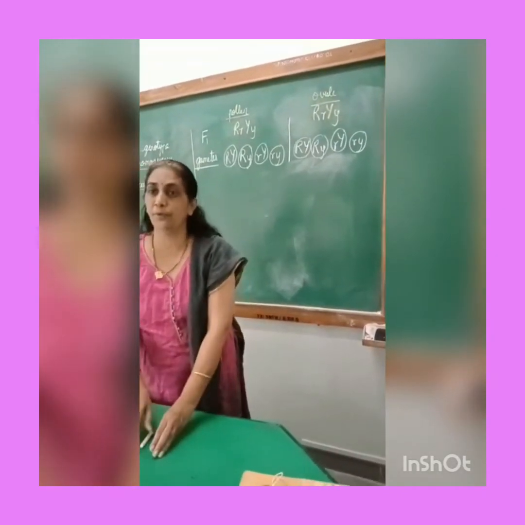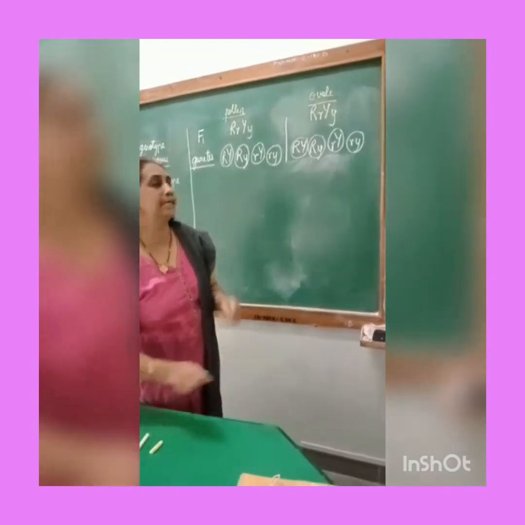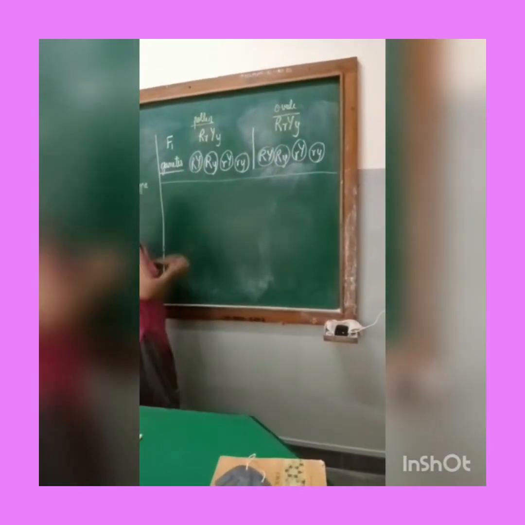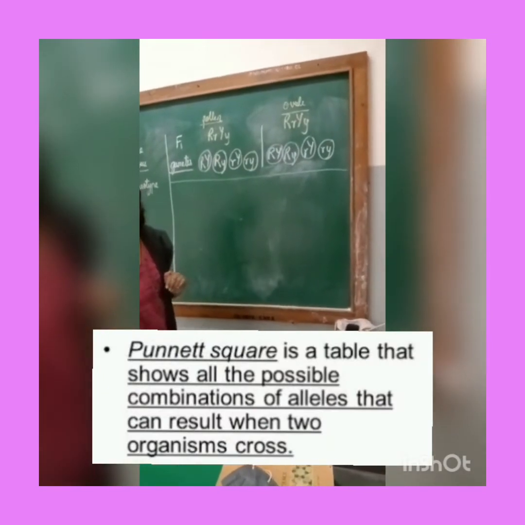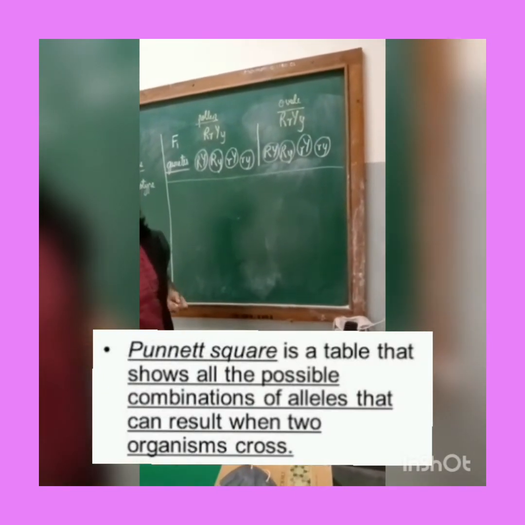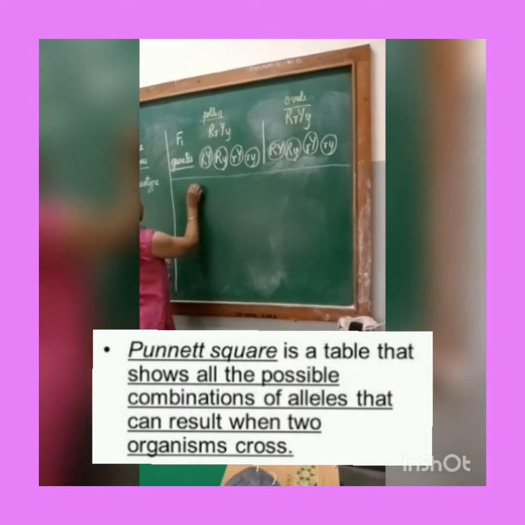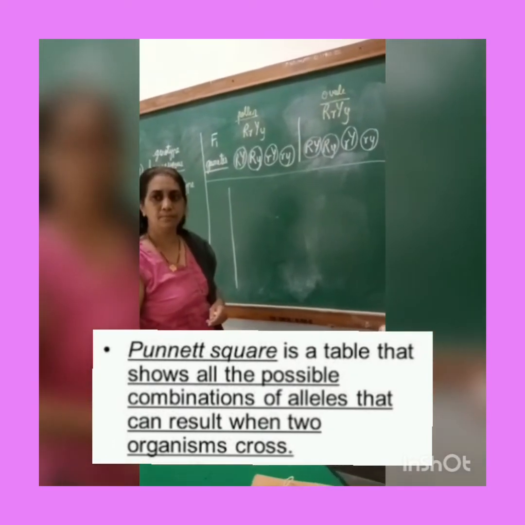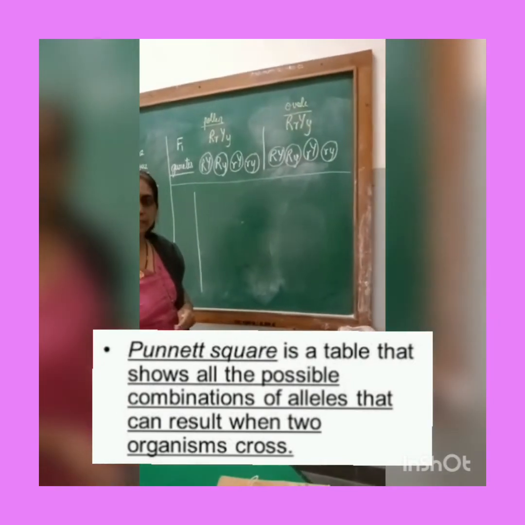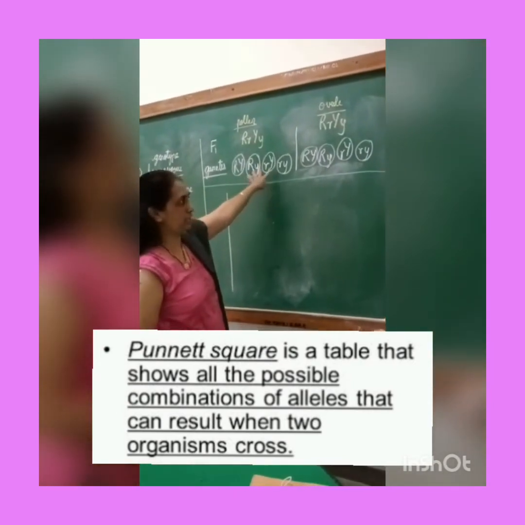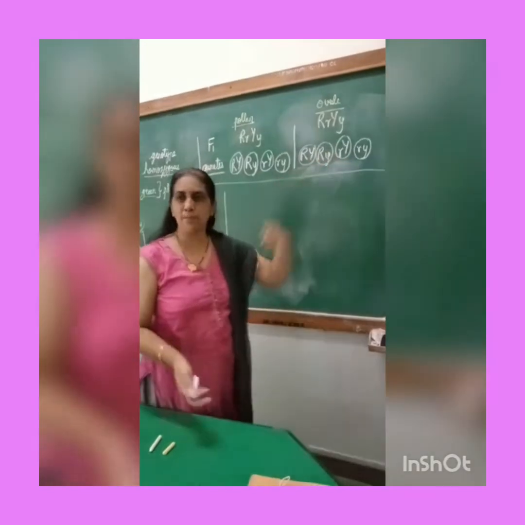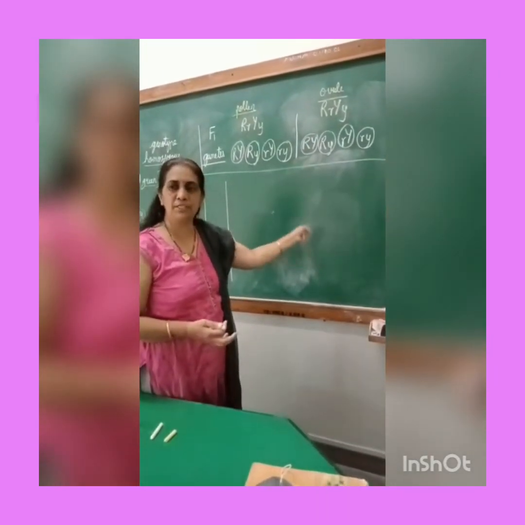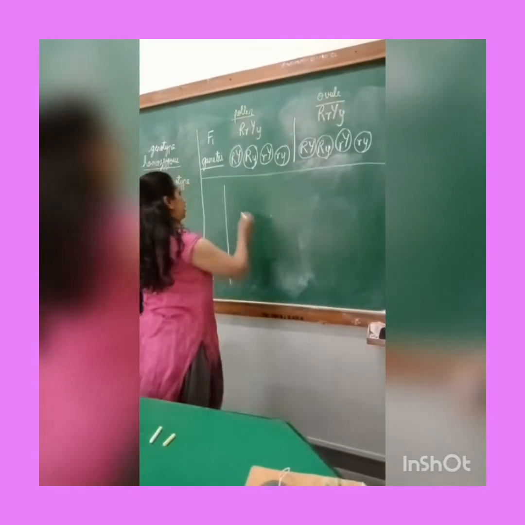Now I will draw the Punnett square and you will understand this better. Now I will just keep these over here for the time being. Okay, here is the right hand. Now how many types of gametes do we have? 4 types? Yes, there are 4 types over here and 4 types over here. So my Punnett square will also have a square which is having 4 compartments. Okay.